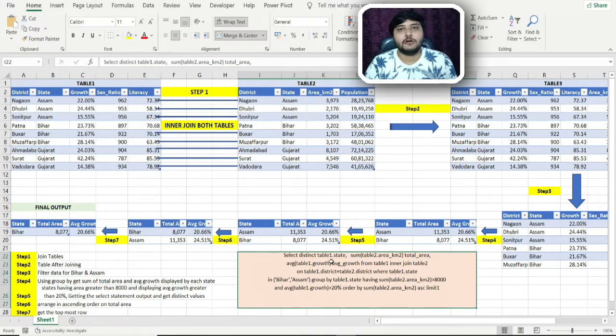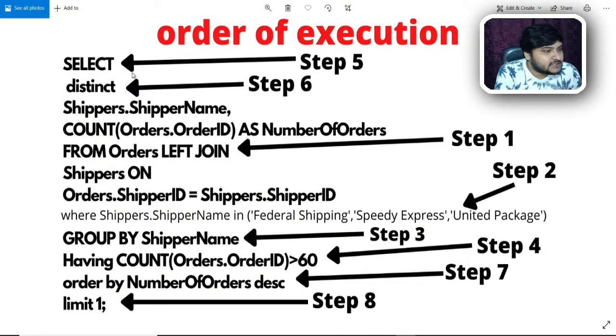Let's see this order of execution of the SQL query in a real example. I have a query ready with me, and these are all the steps which I mentioned here.